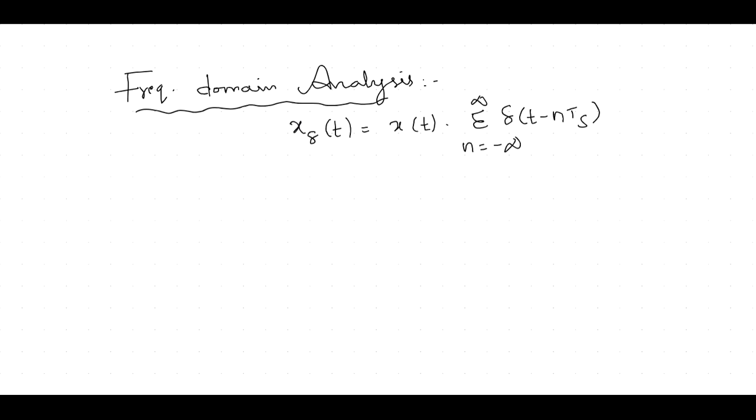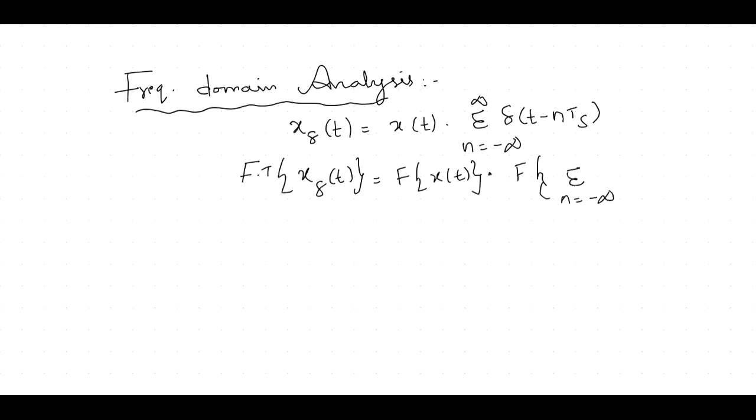So here Fourier transform of x delta of t is nothing but Fourier transform of x of t multiplied with Fourier transform of this function, summation n equal to minus infinity to infinity delta of t minus nTs. Okay. So now we have to